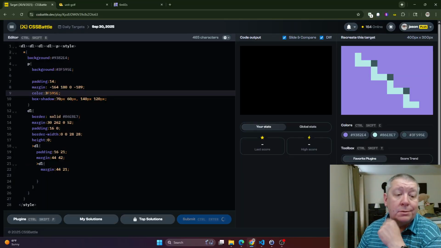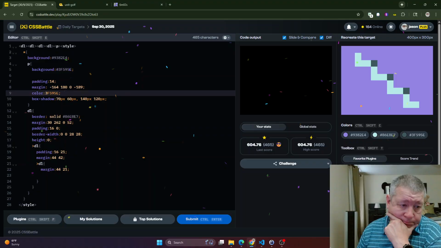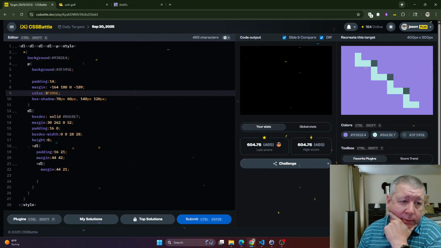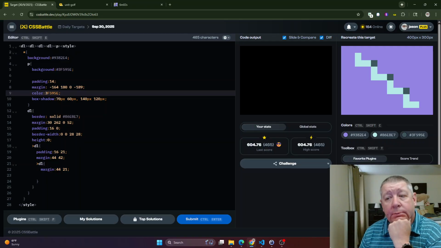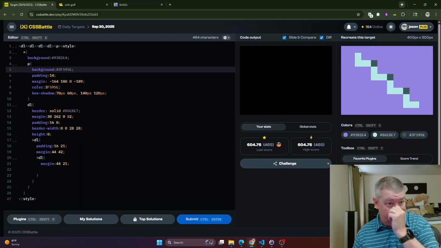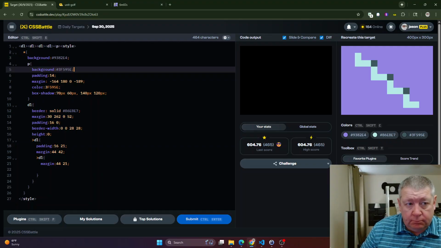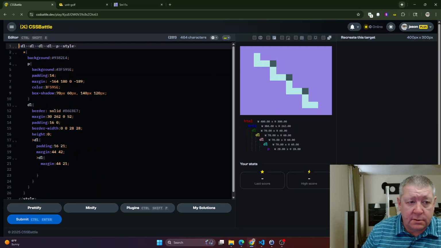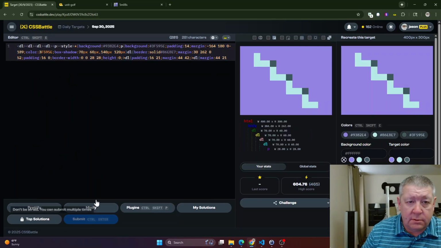This is not a great solution, but it's a solution. If I didn't do all this DL hackery, I think box shadow would actually be shorter. And if I'm going to do the DL thing, maybe I should just commit to the DL thing. I don't know. I'm going to cheat just because it's faster. And if I submit 281, and it's not really 281. It's going to be